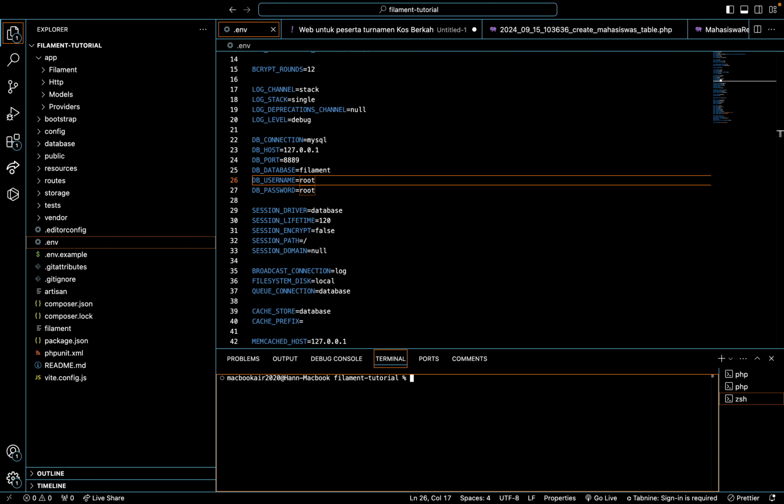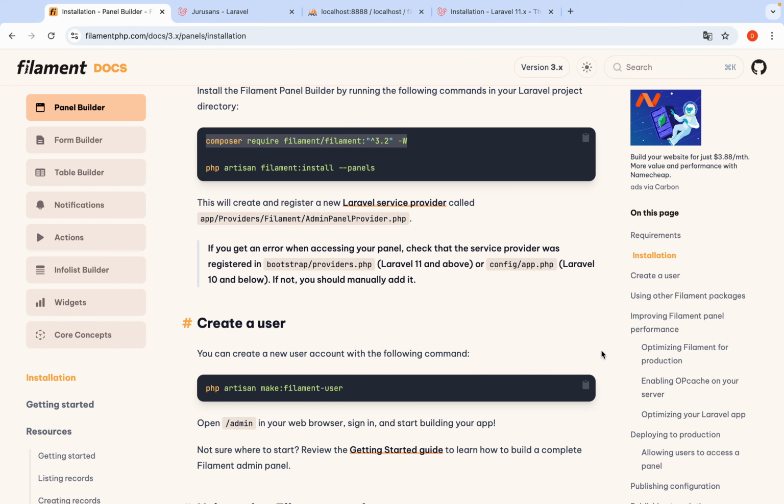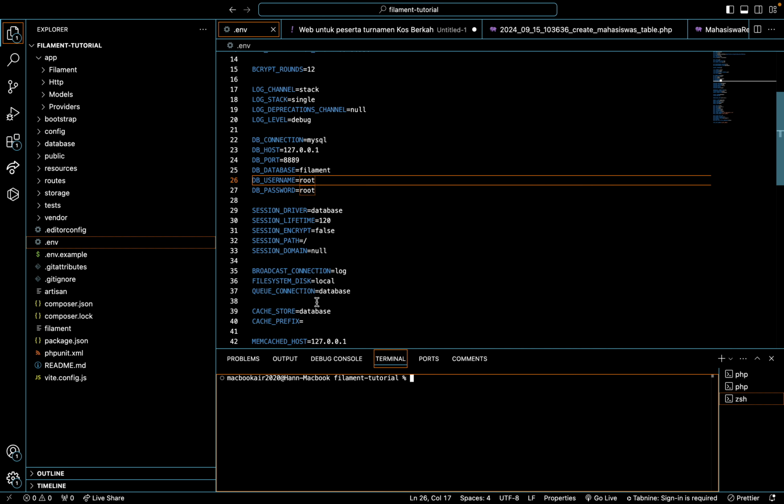After you download Filament, you need the php artisan filament:install --panels command. Copy it, and then paste it.